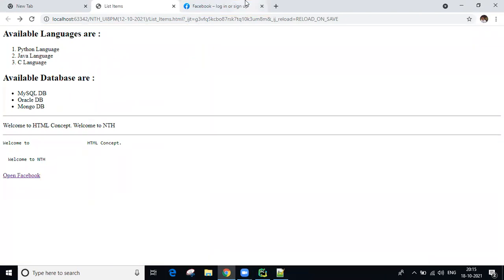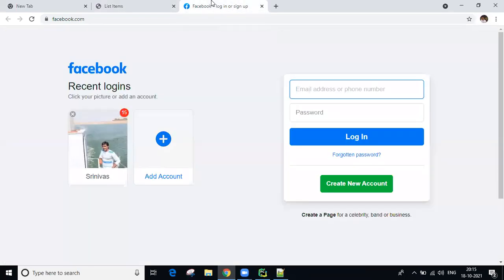Self means the current page reloads with the new link content, and blank means a new tab opens with the required link information.